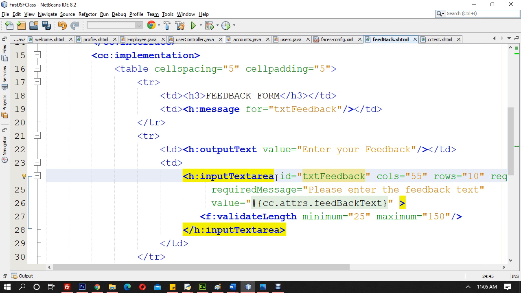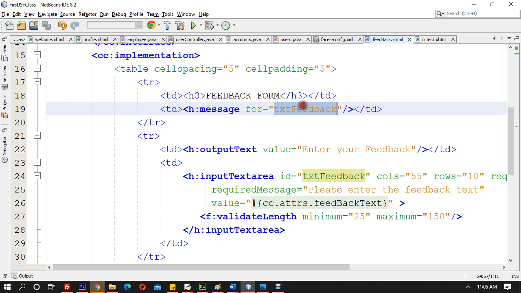ID txtFeedback. Okay, this is my ID txtFeedback, and I will get message for txtFeedback. I should be getting it upstairs, because we've already done it, but